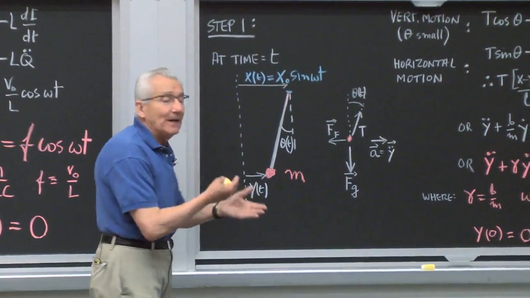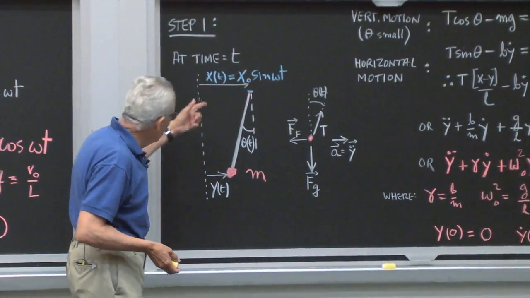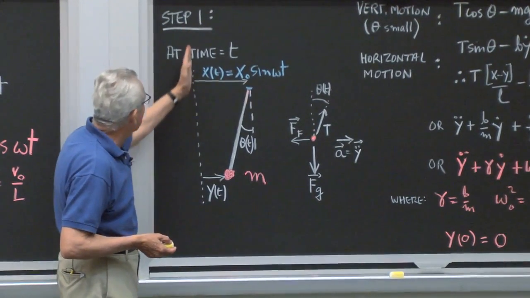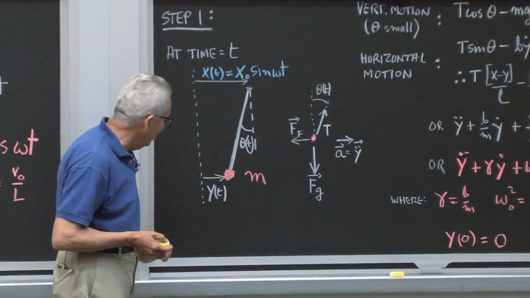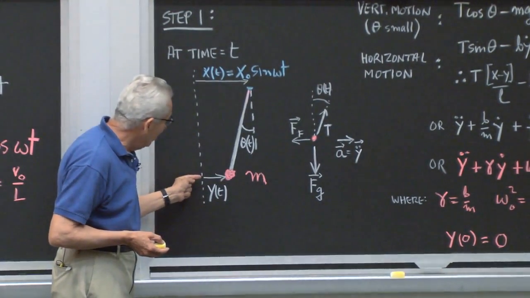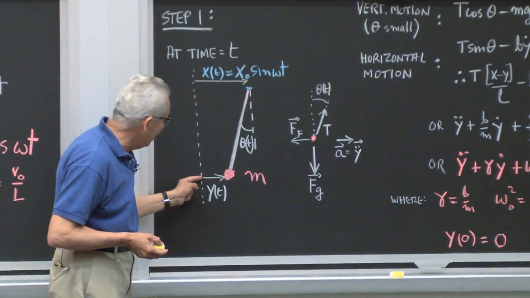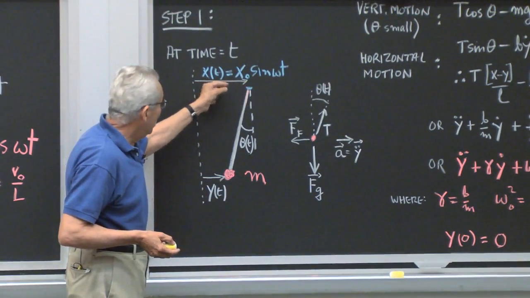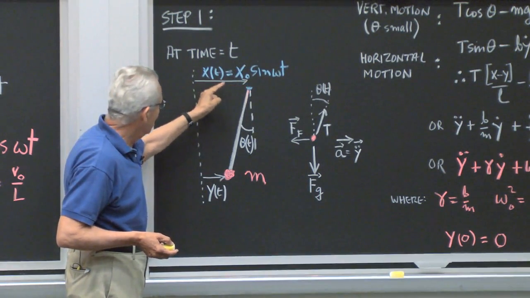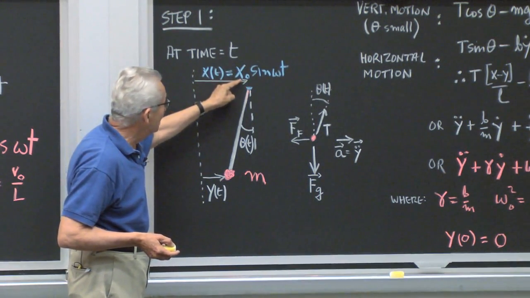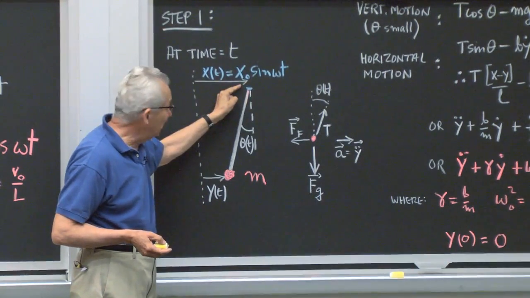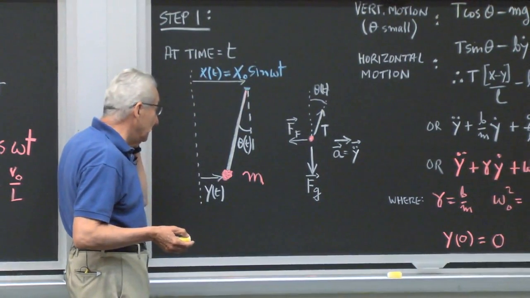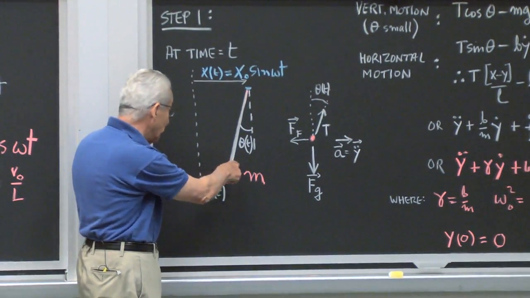So I have to define some coordinate system. I redrew my picture, and now I'll take some vertical stationary axis here, and I'll say at instant t, this mass is at some position y. My hand holding here is at position x0 sine omega t, at time t. Fine. This string is taut. The assumption is it's massless, and therefore it has to be taut.